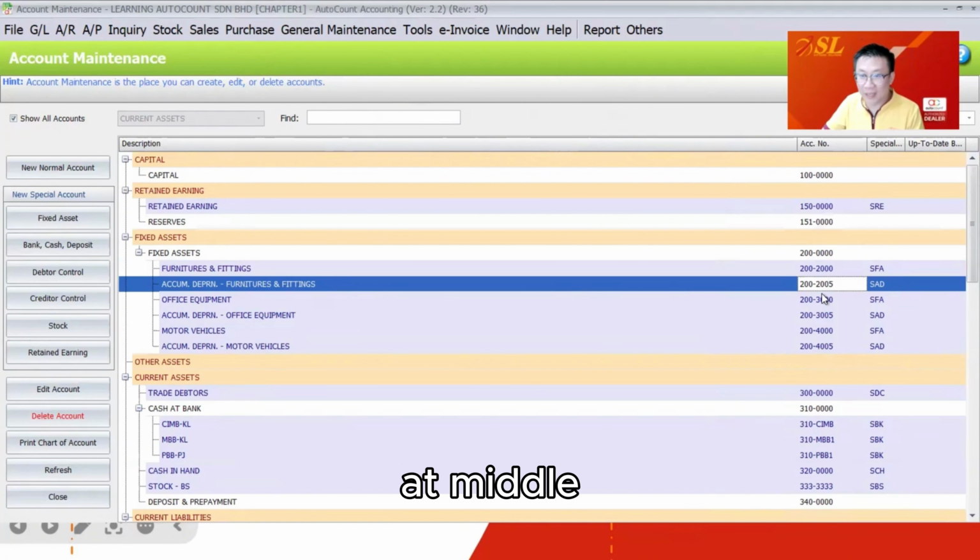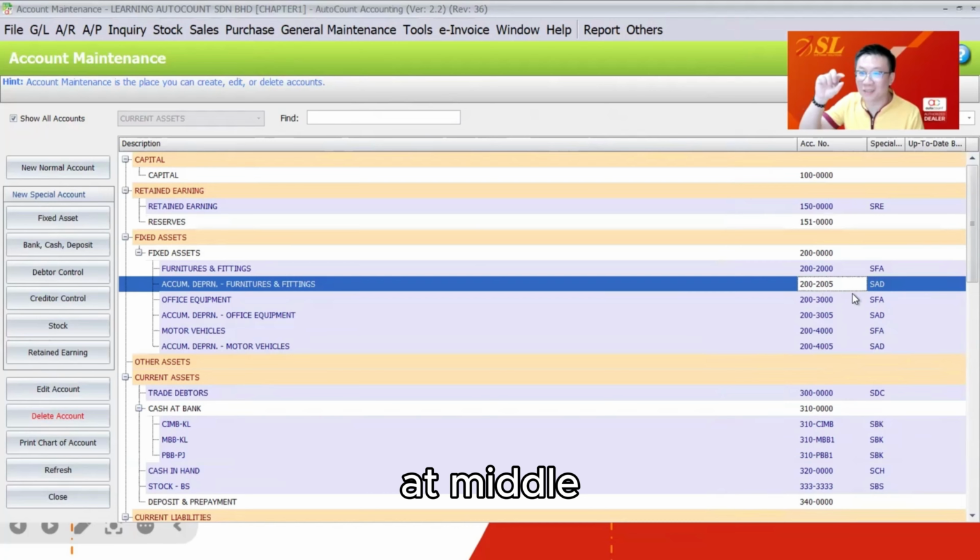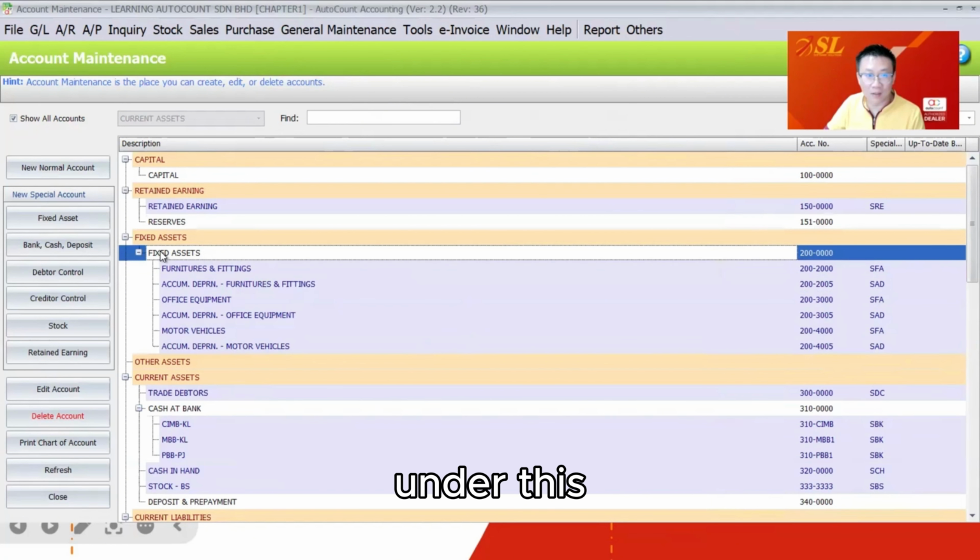If, let's say, you want to put it in the middle, you can put 200-2000 and 100. Just put the number in the middle. You can still put accumulated depreciation as 200-1000 and 5. That's all. This is the concept of how you add this, and for the tutorial we want to group under this mother